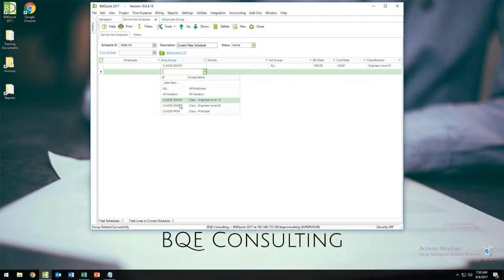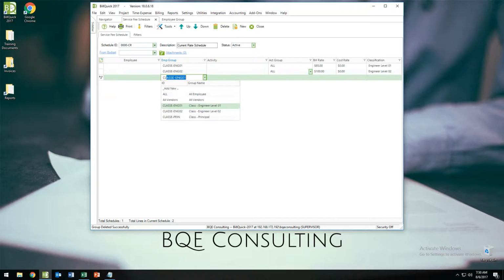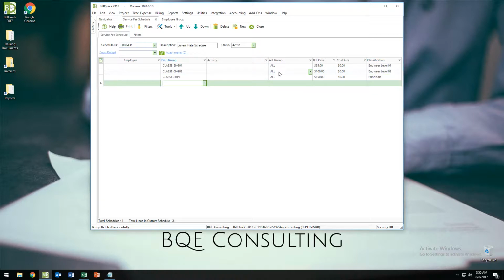So with that being said, we can continue with the rest of our groups, right? We can do Engineer Level 2. If they work on anything, they're going to bill out $100 an hour. Cost rate of 0 because I want to pull from the employee screen. And Engineer Level 2. And last but not least, I want to grab my principals. And if they work on anything, I want to go ahead and bill them at $150 an hour at the cost rate of 0. And I want to call them principals. And there we go. We have now created our fee schedule,